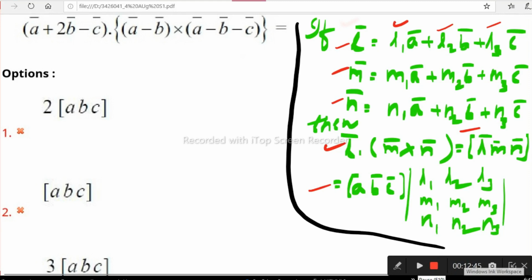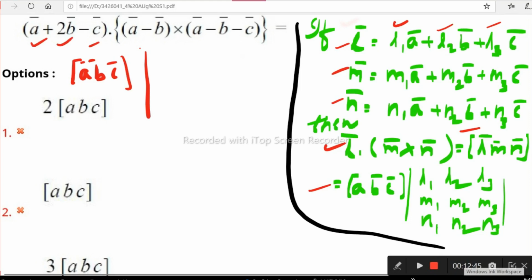Okay, so simple, the question is so simple. I will refer to this formula just once, that's all. So now can observe this one. L1, L2, L3, according to this formula, box ABC is there. We have to use the box ABC and L1, L2, L3. Simply, L1, L2, L3 are the coefficients of the first vector in A, B, C, taken as the first row in the determinant. What are the A, B, C coefficients in the first vector? 1, 2, minus 1. Right?